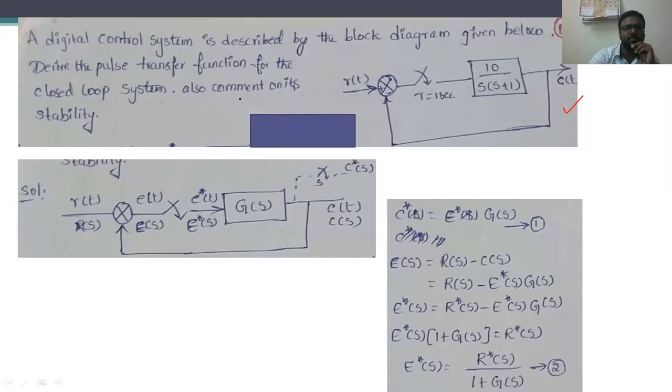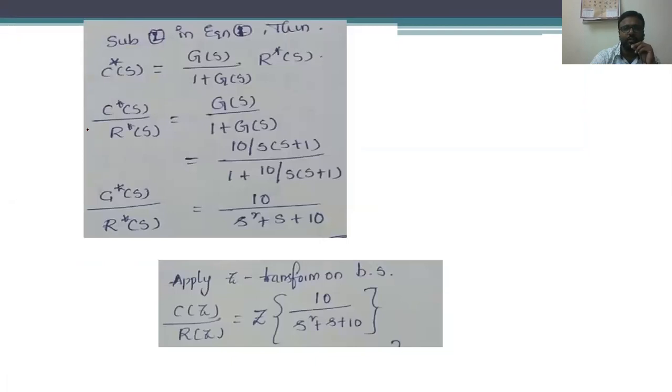Determine the pulse transfer function for the closed loop system. Also comment on its stability. Okay, so we have the closed loop expression,